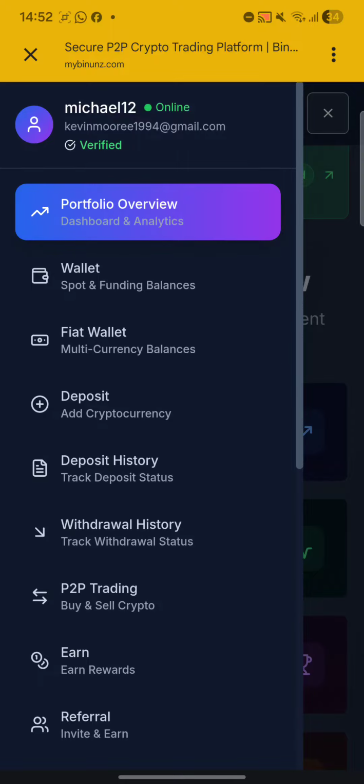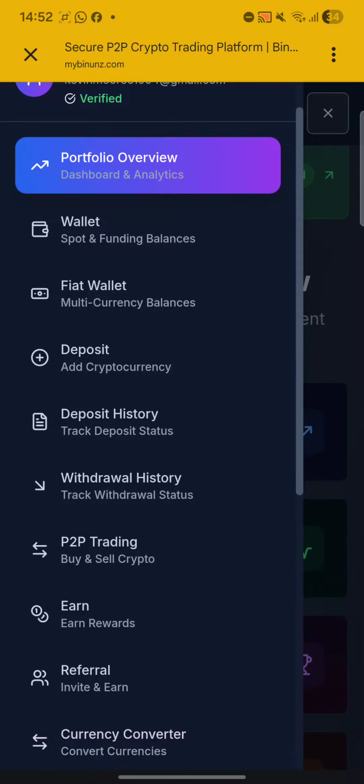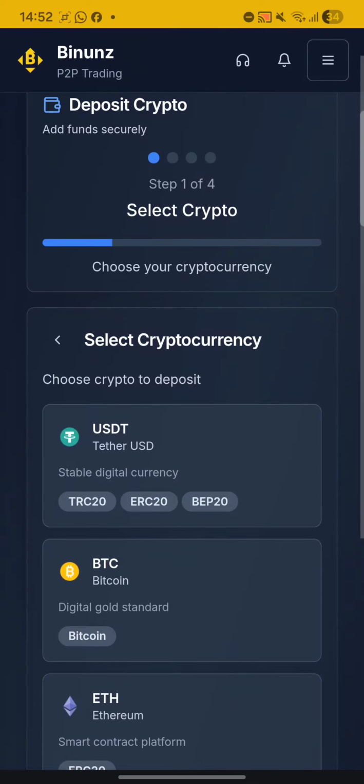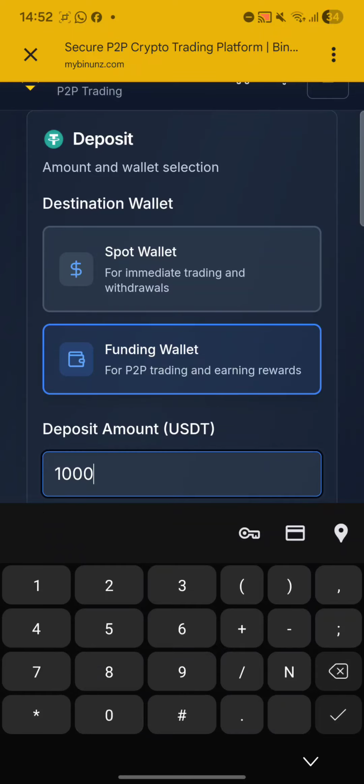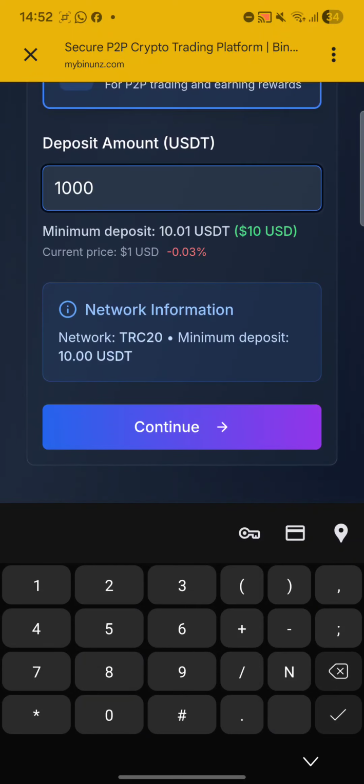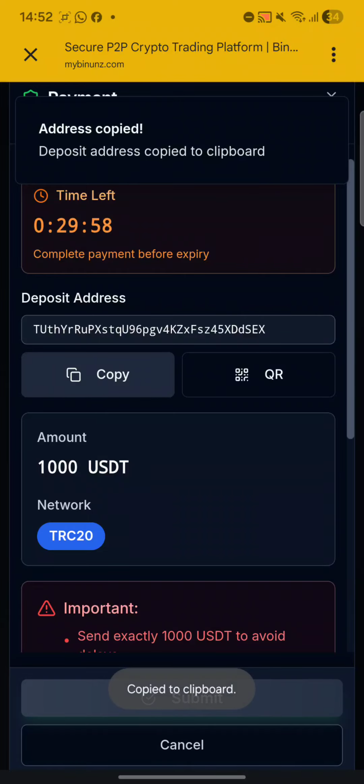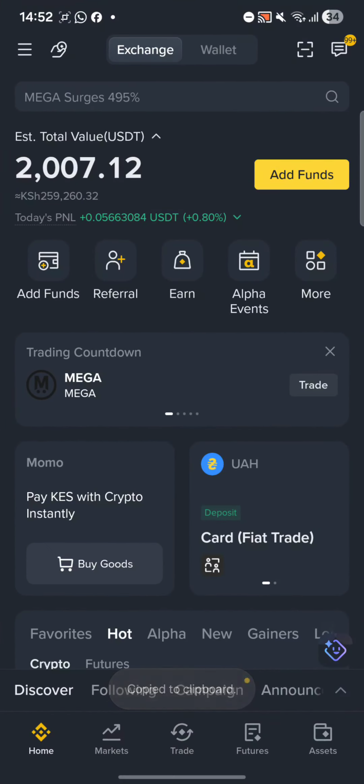So I'm going to deposit 1000 on here, my Binance.com. You can see the URL is mybinance.com, guys. Mybinance.com, here it is. So I'm going to go direct to click on deposit and then USDT, and then guys I'm going to put amount 1000. All right, and then continue, and I'll copy the address, then I'll go back to my Binance and